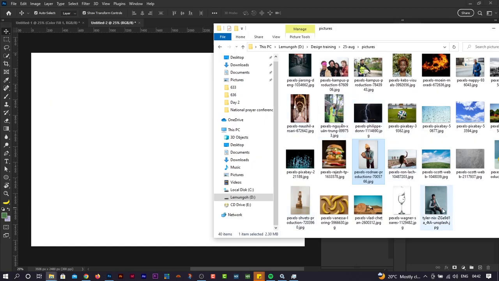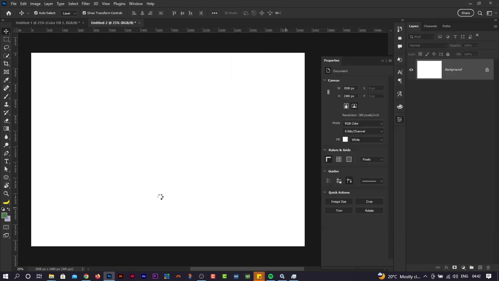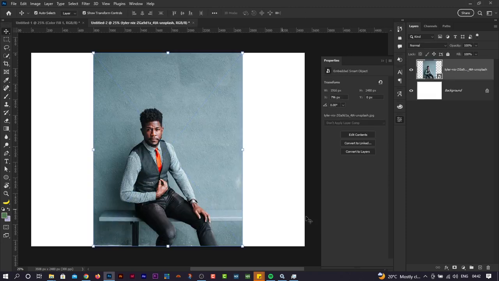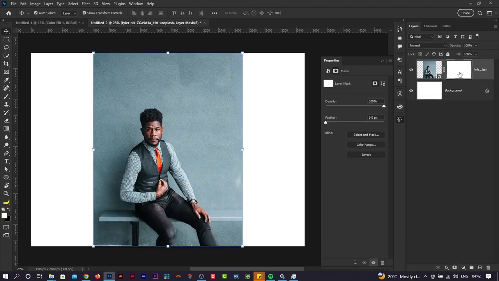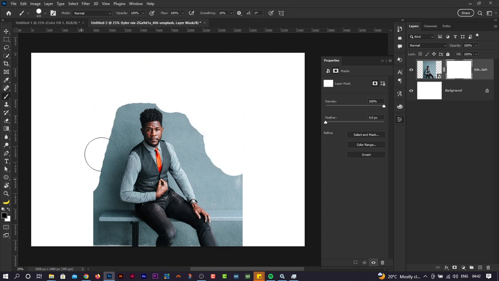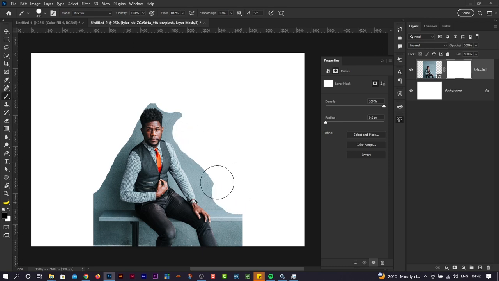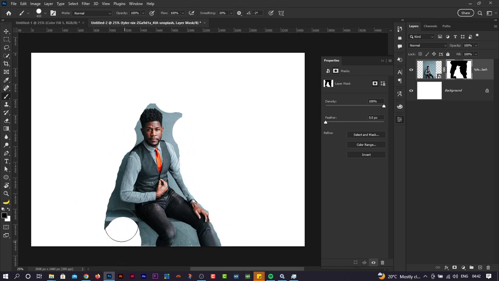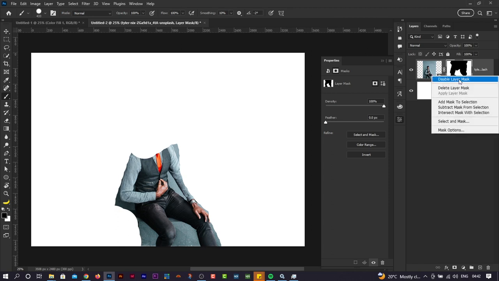So let's say we bring in this guy here, and I've shown you guys that the workflow is this. Instead of creating your mask directly, sometimes you want to create your mask first, as I've done now. Get your brush tool like this, then get black here and brush. There are times you want to do this, yeah. But instead of doing this, the best way, because trying to do this is very rough, right? You're guessing. Not really guessing, but it's going to be tedious because you never have a perfect selection. Never, right? So the best way to get this done is, let me just delete my mask here,